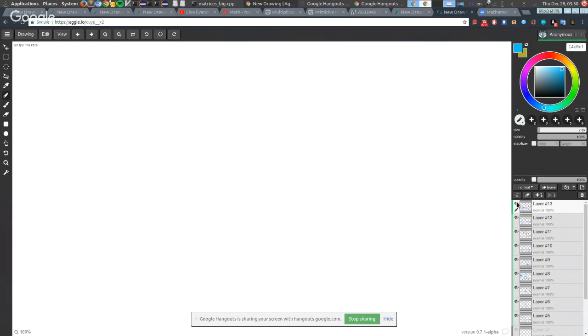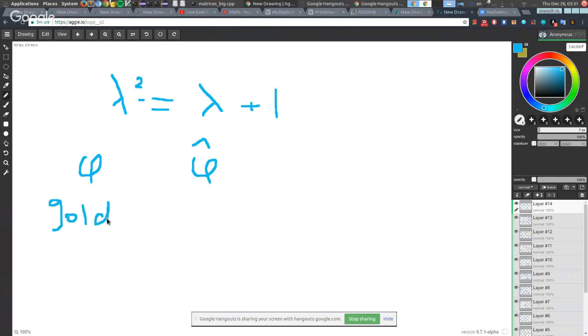For the Fibonacci sequence, the eigenvalues satisfy this equation, which will happen with the two values phi and the conjugate of phi. The phi is the golden ratio, and phi is equal to 1 plus square root of 5